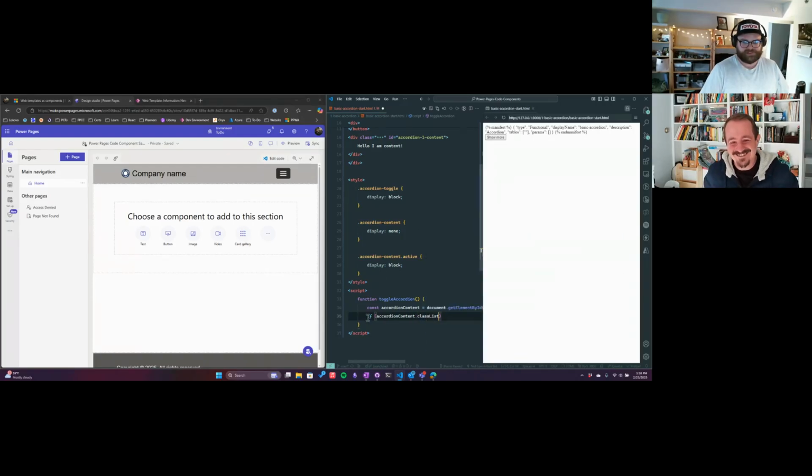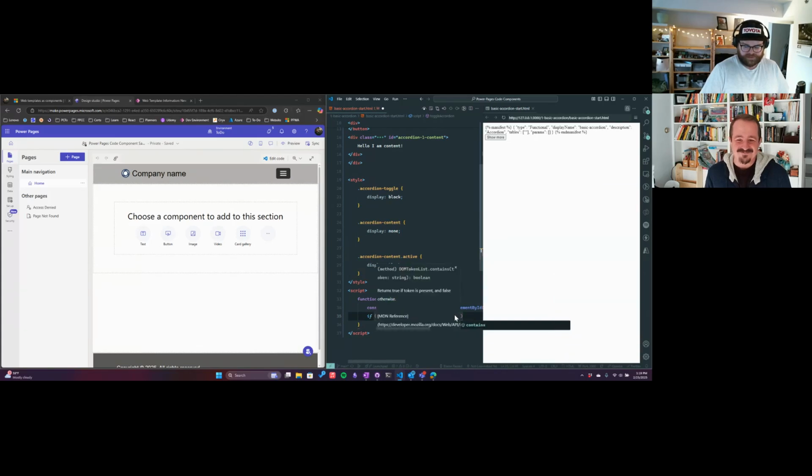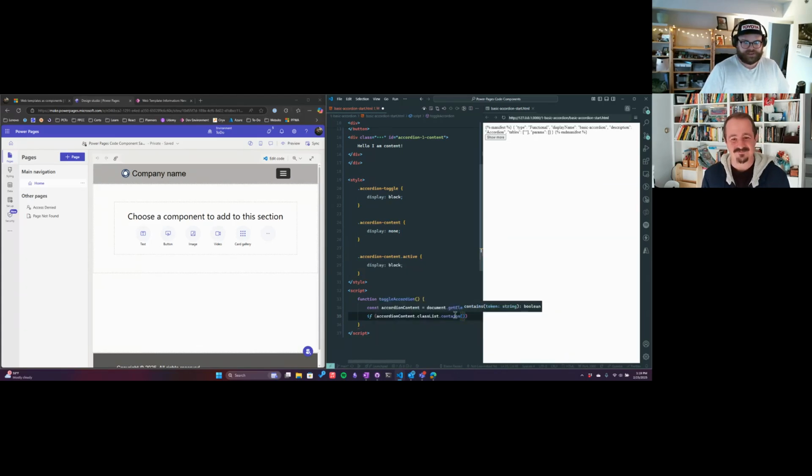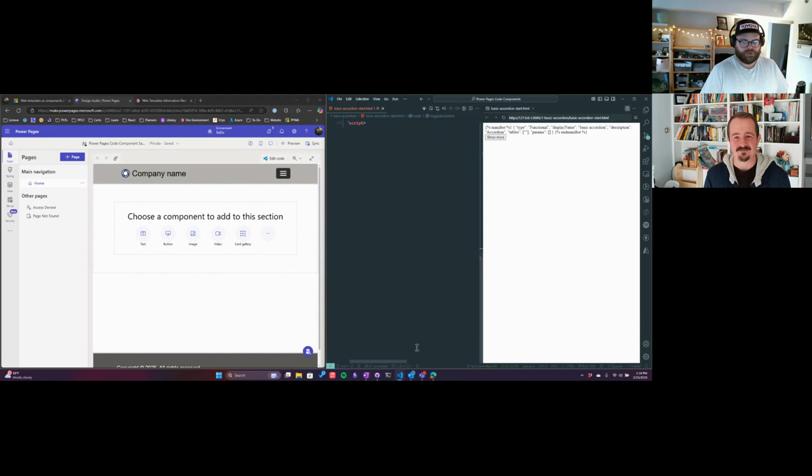So we're going to play with the class list here. Class list is a property that DOM elements have in JavaScript. It's basically the list of CSS classes that are applied to it. So we're going to go ahead and say if the class list contains active, which is related to this active right here, accordion content dot active, then we'll rip it out. We'll go ahead and say,